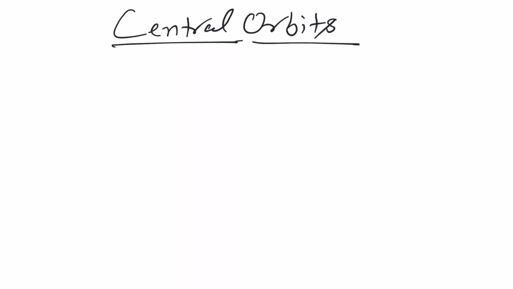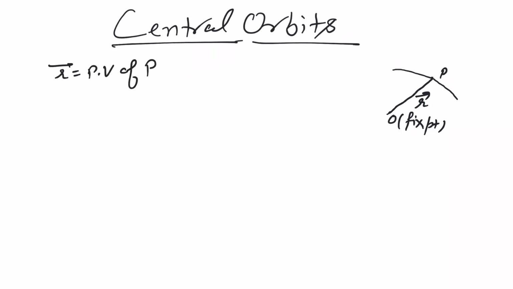Let us consider any point P and O a fixed point, and OP is the position vector, r is the position vector of P with respect to O. Then the motion that this particle at point P describes, such that its force of attraction is always directed towards the center, that kind of motion is called central orbit,